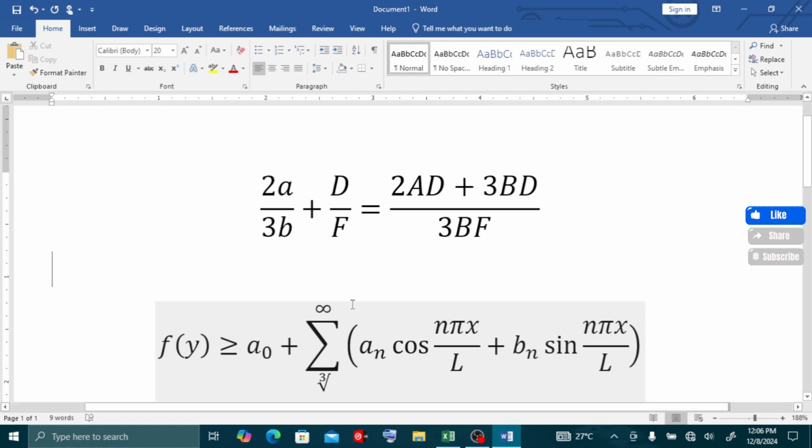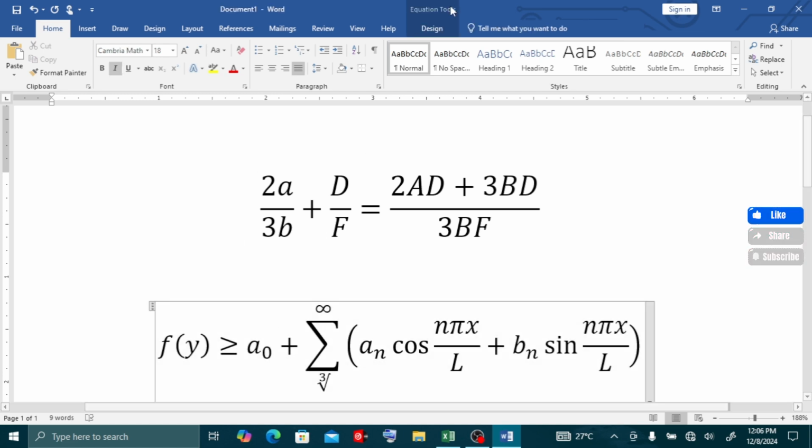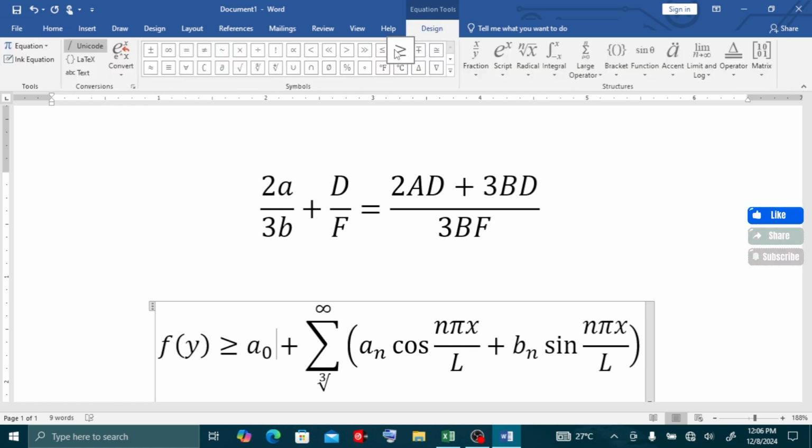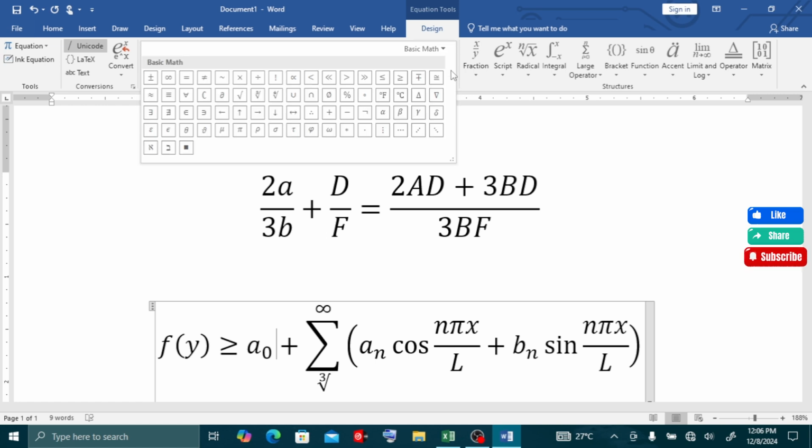If you want to change symbols, we have seen them in the design tab. You come here, design tab, there are very many. All symbols, all mathematical symbols, calculation symbols you want, they are here.